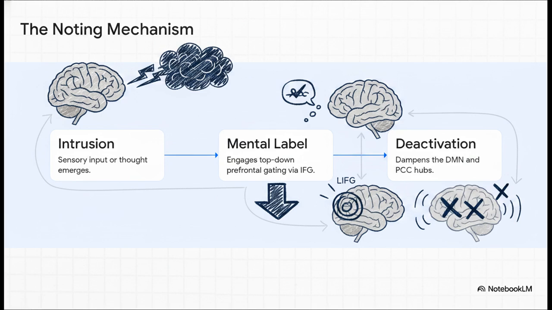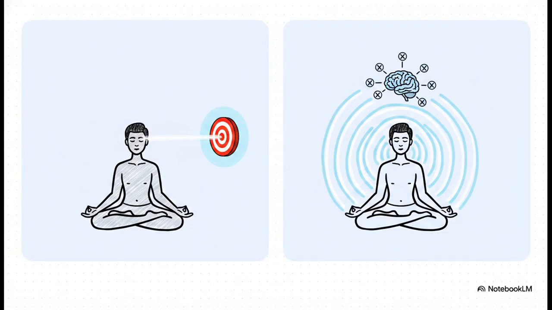Now, it's absolutely crucial to distinguish between different styles of meditation here. Focused attention reduces mind wandering by concentrating on specific tasks, like following the breath. Beginners usually start there, but experienced practitioners utilize open monitoring, which includes Vipassana body scanning. This involves systematically sweeping attention through the body, maintaining this non-judgmental awareness of raw somatic sensations, completely devoid of evaluation. Studies actually show that by anchoring to the physical rather than the conceptual, experienced meditators can observe their thoughts while keeping the DMN deactivated. By observing without judgment, Vipassana successfully starves the self-referential evaluation that normally hyperactivates the PCC.